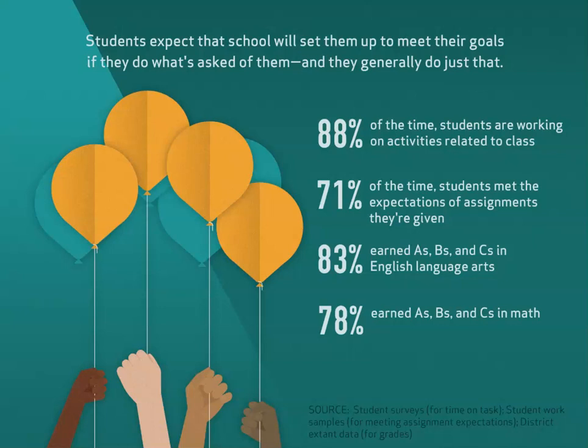They also complete their assignments successfully. When we looked at all those samples of student work, we basically graded the samples, asking ourselves, did students successfully do what the assignment asked them to do? We said yes if the students scored at least an 80% on the assignments. So they were successfully doing what their assignment asked of them 71% of the time. They are also getting good grades, which means they're being explicitly told that they're doing what we've asked.